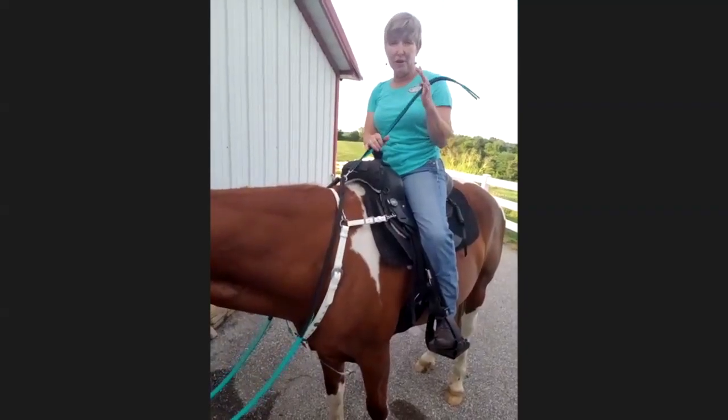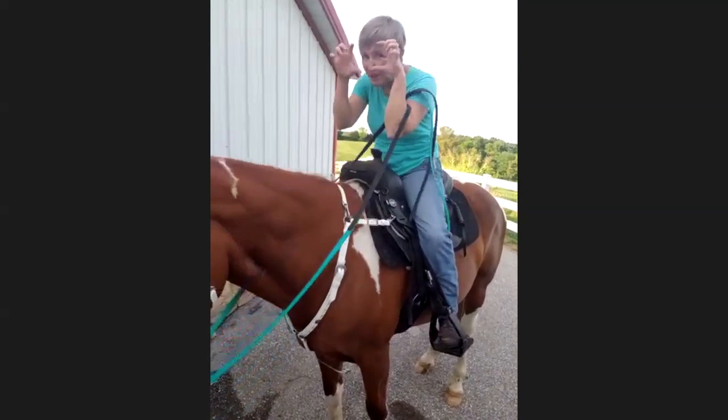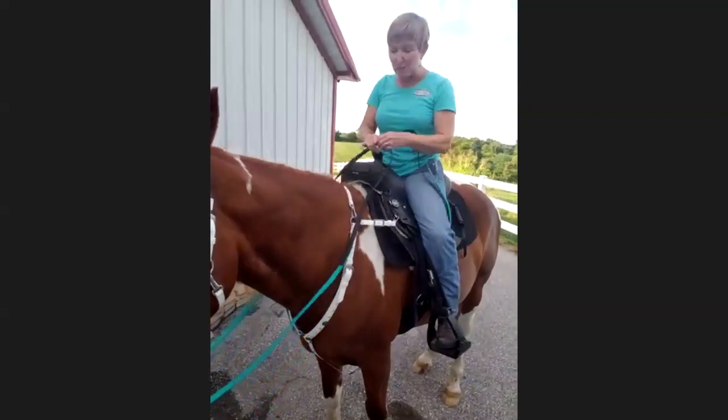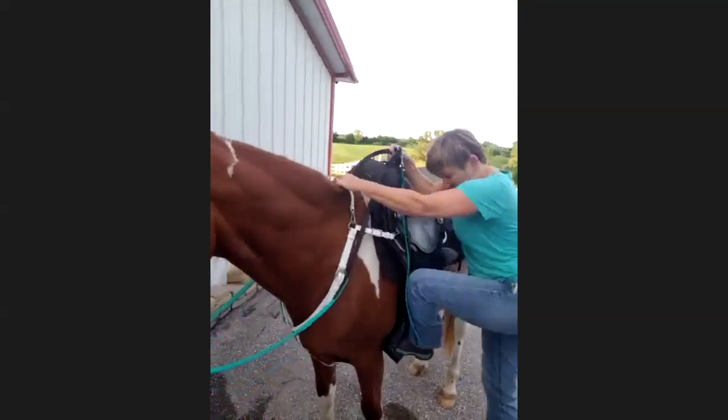And one of my recent uses of this thing is a very modern one. When I used to take pictures, I had to hold on to the rein or put it around my horn. And now with this popper, I'm just able to do that. But nice. That's my own style. And then with the rein,